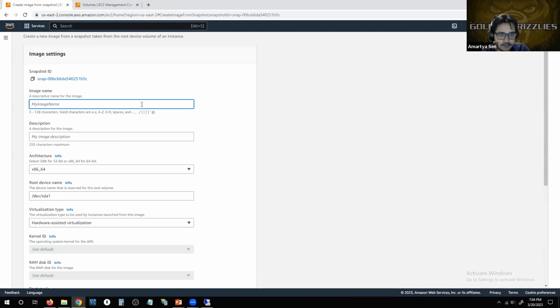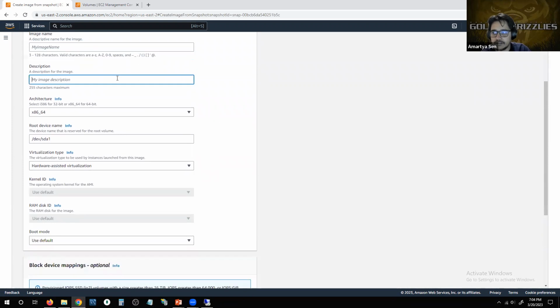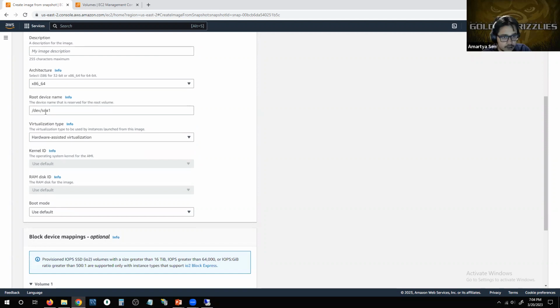Now, what are the fields? Give it some name. Nothing too complicated about it. Give it a small description. You can describe your own software stack, okay? Specify the architecture that you're going to be working with, so either the x86 architecture or the ARM64 architecture, or if you're working with the x86 for Mac, then you can select that architecture as well, okay? Provide the root directory's name, and what kind of virtualization you're using. So again, if you don't remember this, we had discussed this when we were talking about the different types of